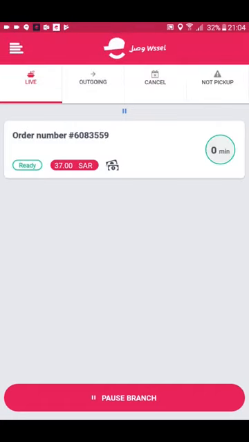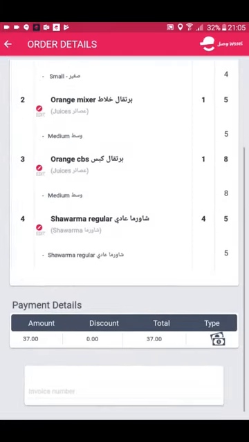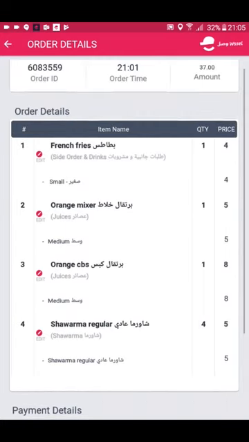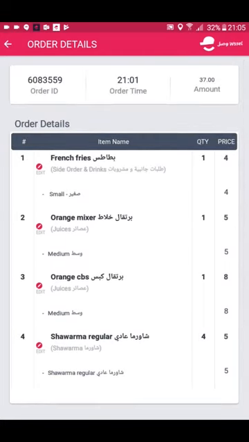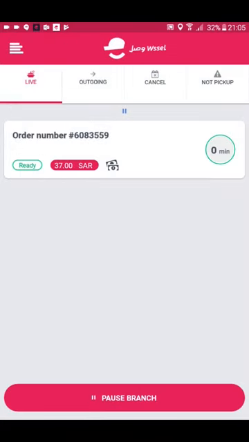A new feature is also released to Wassel application. Now, if we go through the order details normally by clicking the order number, we can go through the customer's orders, and this is already supposed to be preparing. And once it's prepared and ready and we are waiting for the driver to arrive, we simply have to touch